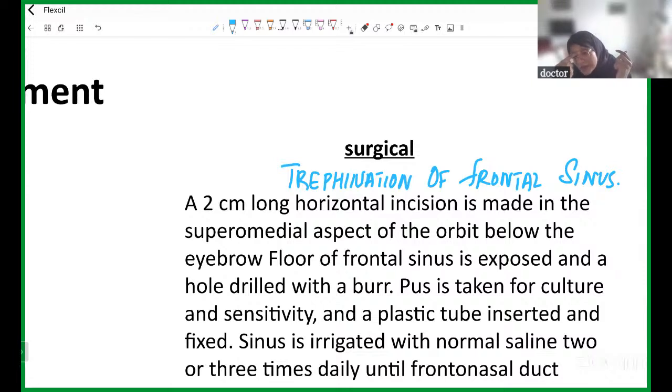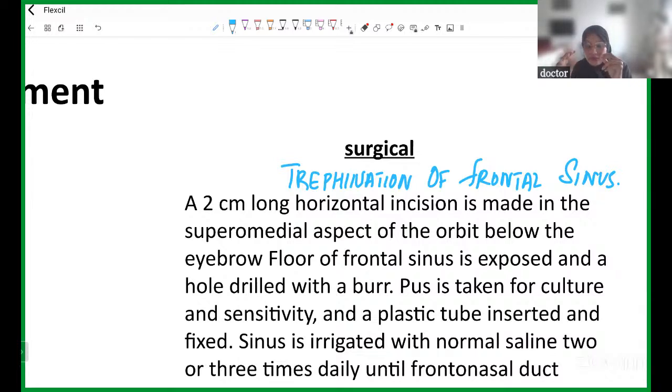Superior medial aspect of the orbit, below the eyebrow, you make a 2 centimeter incision. Now what you do is you explore the floor of the frontal sinus and you make a hole. You drill a hole with a burr. What will happen? You will see pus. You take the pus for culture and sensitivity, and then you place a plastic tube so that it drains off